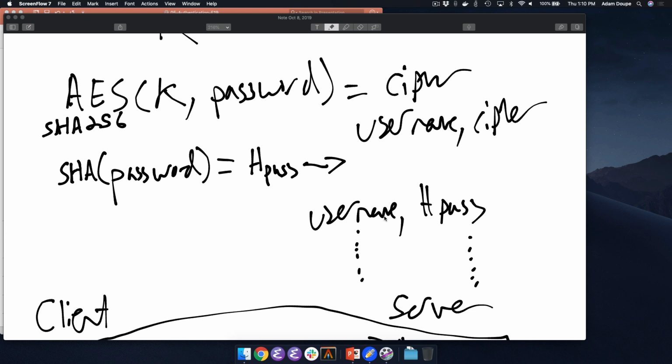So I've heard the term salting, like to salt and hash your passwords, but I don't even know what that means. Does that address that? Maybe. Depends on what it means. Okay. Yeah. What if we add